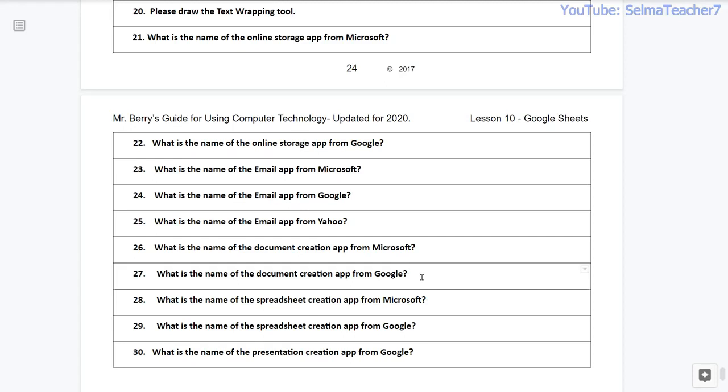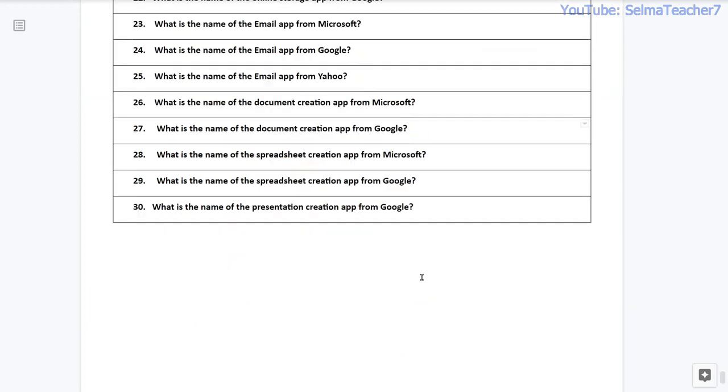What is the name of the spreadsheet creation app from Microsoft? Question number 29. What is the name of the spreadsheet creation app from Google? Question number 30. What is the name of the presentation creation app from Google?